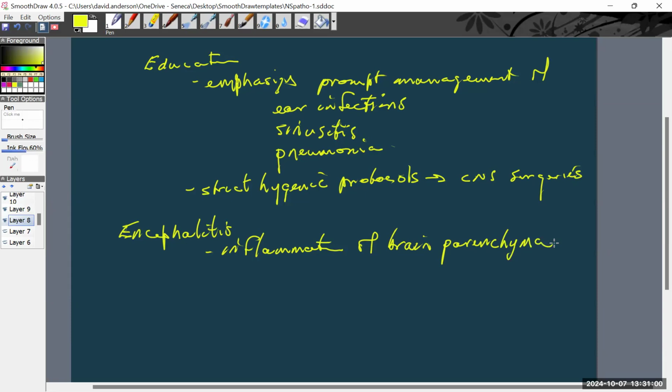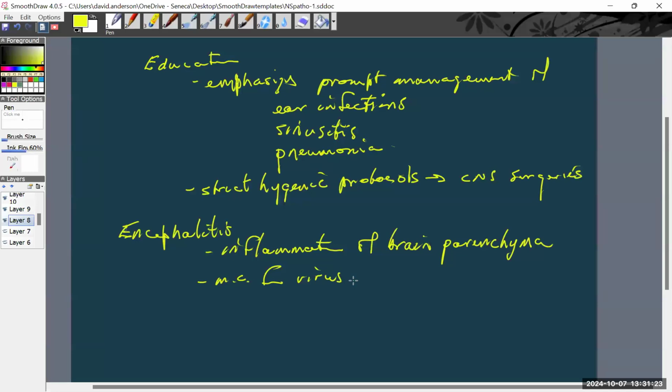Parenchyma is the functional tissue of the brain, and stroma is a term that's often used for all the supporting tissues, connective tissues and epithelial tissues that might be part and parcel of the organ, but not the actual functional part of that organ. So remember, we said with encephalitis, it's most commonly going to be